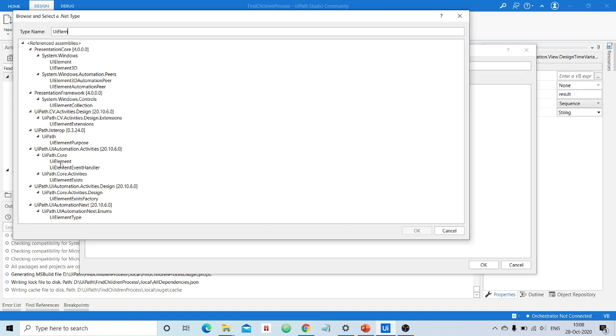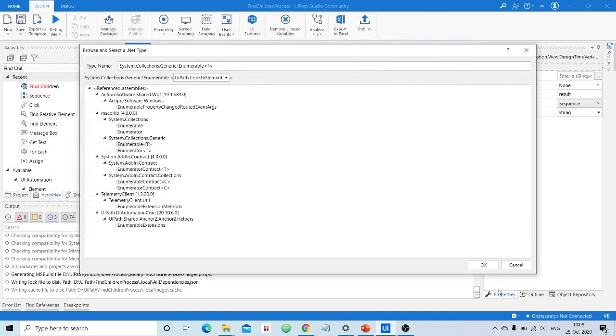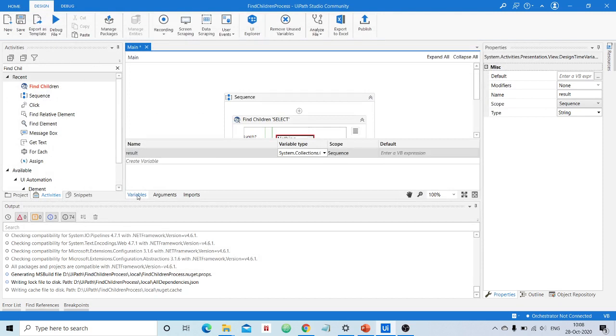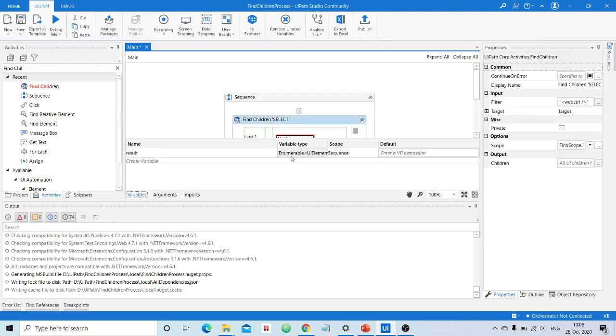Remember you have to choose this type UIElement, which will be under the core assembly or library. Choose UIElement, and remember it should be the UIElement of the core library. Then click OK, then OK. Now see here, the result variable is of type IEnumerable of UIElement.